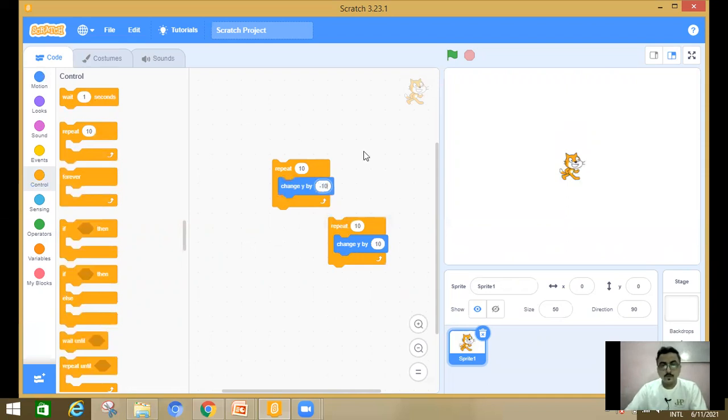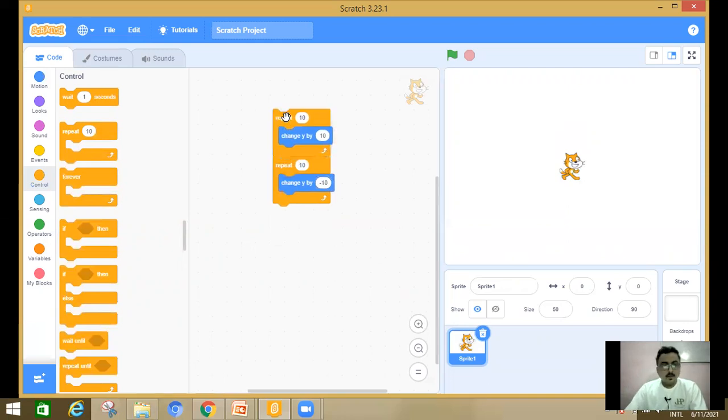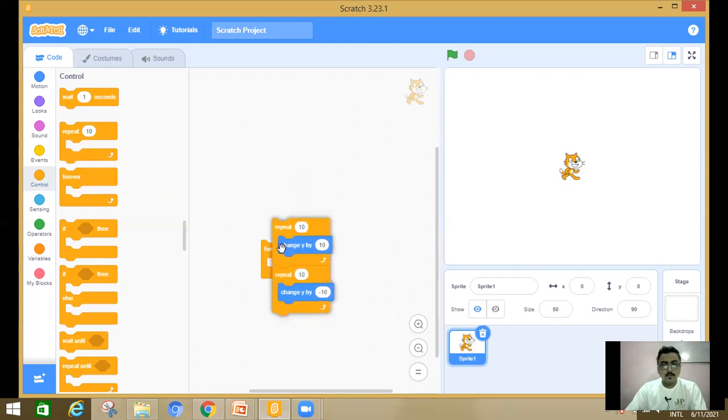Okay, here you can see that. Now this will happen forever until forcefully stopped. So I'm going to take forever, and in the forever the whole block will be inserted.